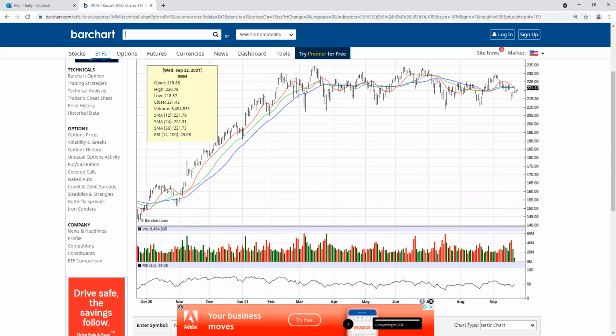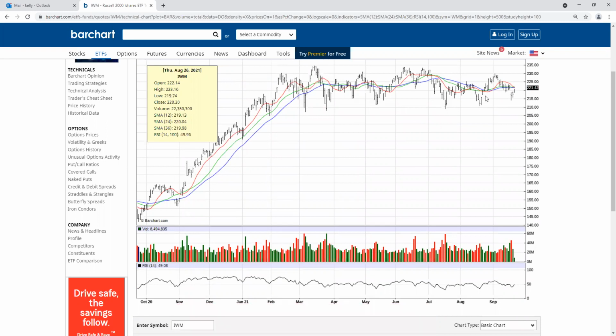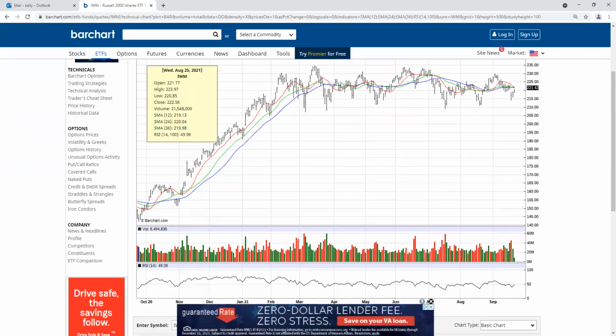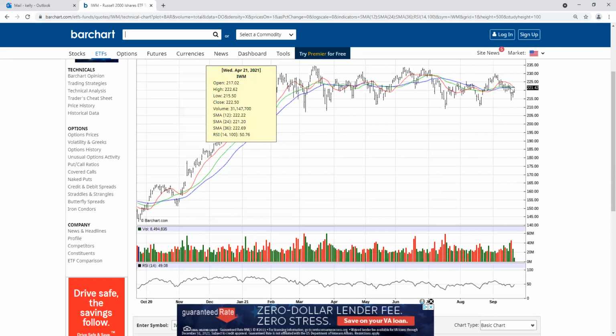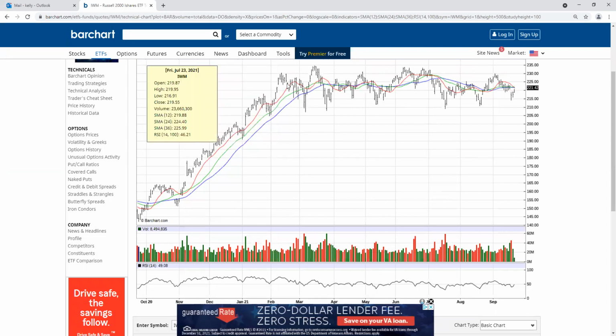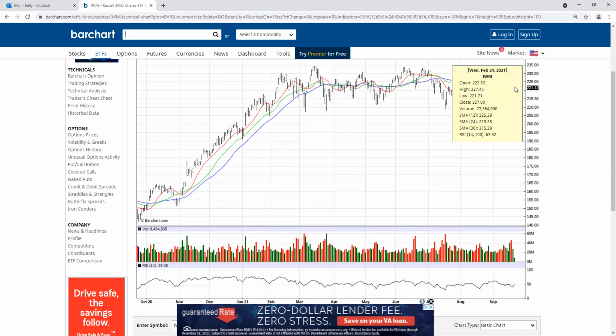If we can get through this 222 and when all the moving averages do converge, sometimes you get pretty good activity. And here, they converged, it went up, it went down. This thing has been in a trading range of 215 ballpark and 230 ballpark, right? So again, this is a very long either accumulation or distribution phase. If it's distribution and we start breaking 215 or 210, this thing's going to go in the tank. If this is accumulation and we start going above 225, 230, then this thing has a lot of potential on the upside in Q4. So this is something to keep an eye on for sure.